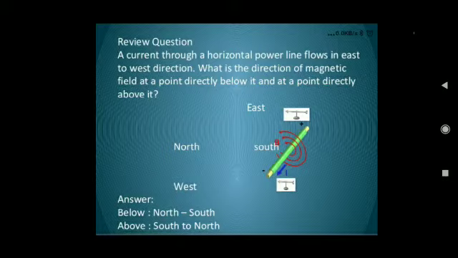So in your NCERT book, there is a problem given. A current through a horizontal power line flows in east to west direction. So what you will do? You have to keep your thumb in the direction of east to west. Question is, what is the direction of magnetic field at a point directly below it and at a point directly